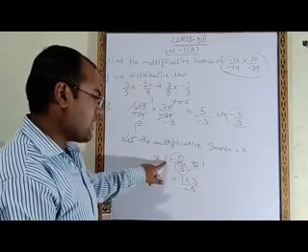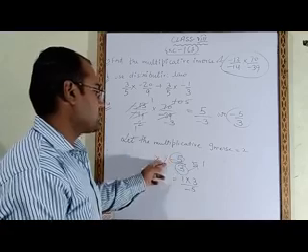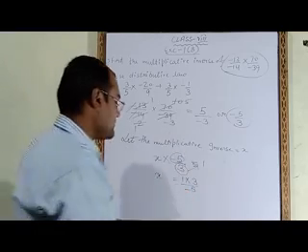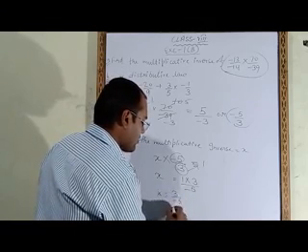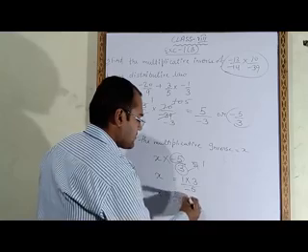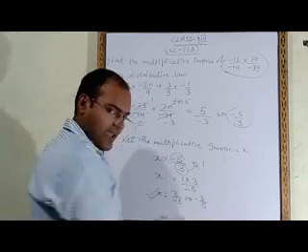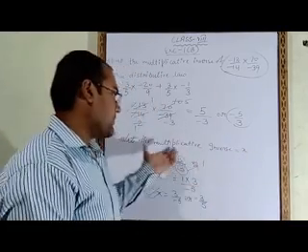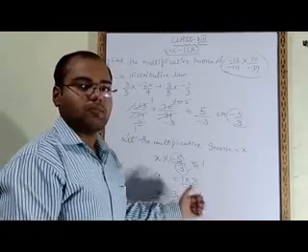Because of this multiply sign, this minus 5 we have to bring in divide, so this multiply minus 5 will come in divide. So here we have written minus 5, so x answer is 3 upon minus 5, or we can write minus 3 upon 5. So this is the answer of x, and what is x? X is the multiplicative inverse. So the multiplicative inverse of this value is minus 3 upon 5.